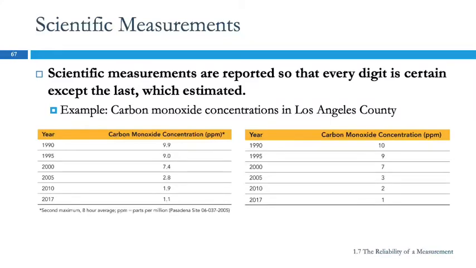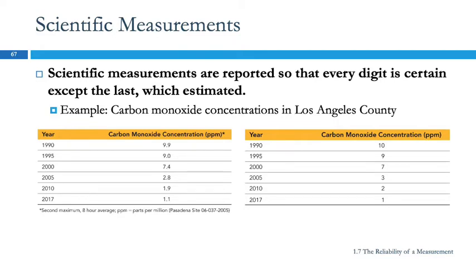So when scientists make measurements, they report them in a very particular way. We report all the certain digits and the first uncertain digit. And that tells the reader how closely you know this number. Because if I say,